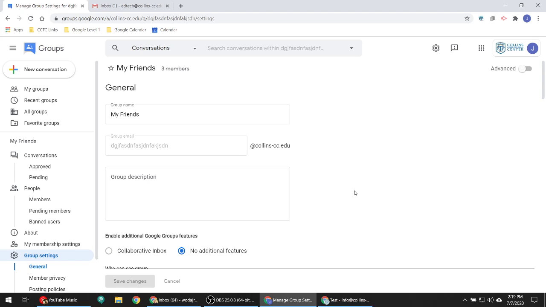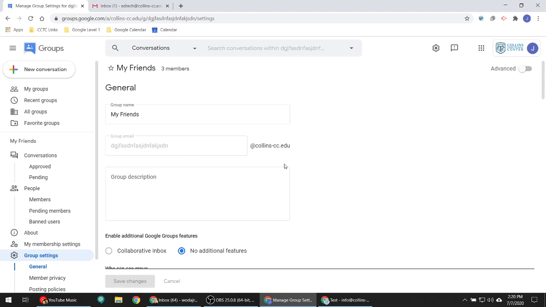So for example, we have this cctc@collins-cc.edu email address. This is the public-facing email address where people from the public who might have a question can send just general inquiries. So when they do that, by using the collaborative inbox, what I can do as I receive them is I can assign them to different people. So if it's an adult education question about a certain program, I know who that designated person is. I can assign them that email and they can answer that instead of me having to go around and find